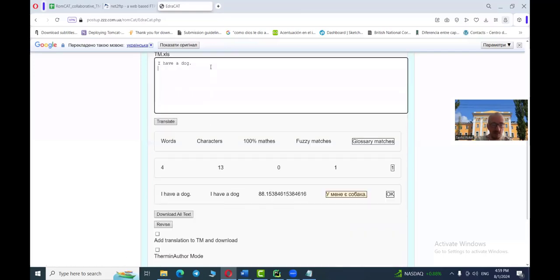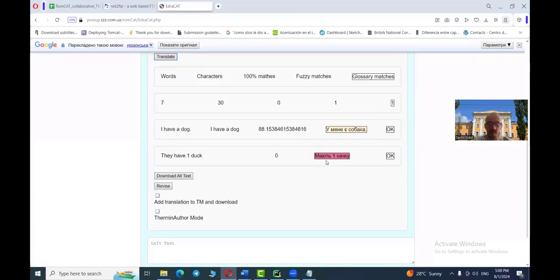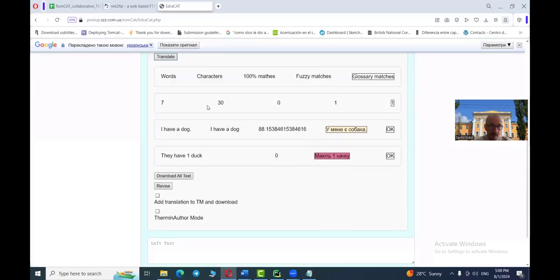So if you put here ducks, or let's put one duck, let's translate this. This is translated by Google Translate, and yeah, since the phrase is not in the translation memory,